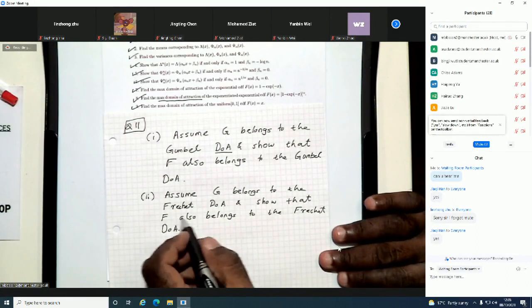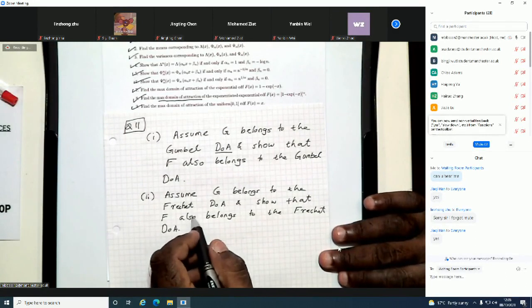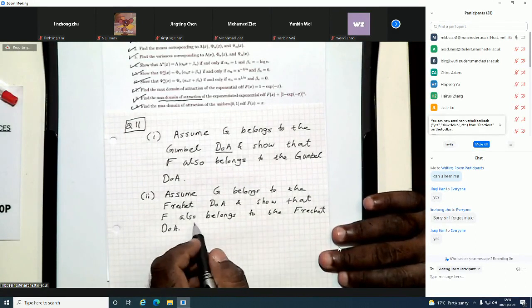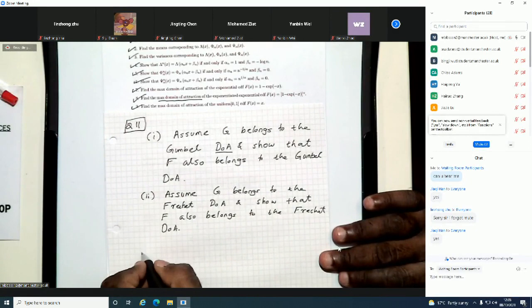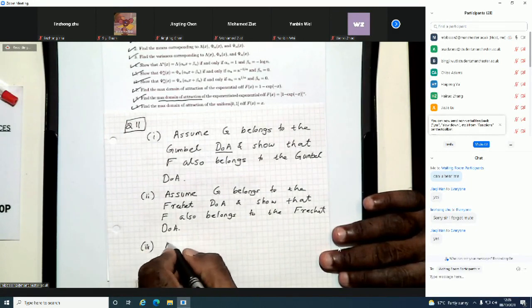Assume that G belongs to the Fréchet domain of attraction and show that F also belongs to the Fréchet domain of attraction. And the third thing you need to show is to assume